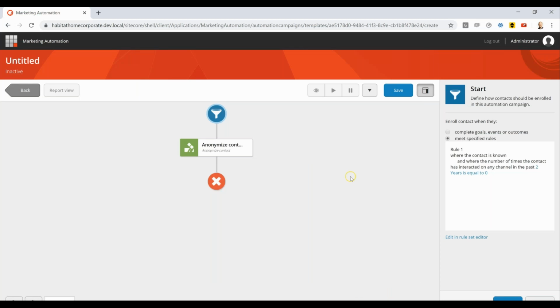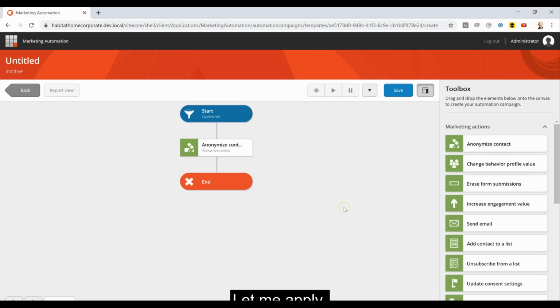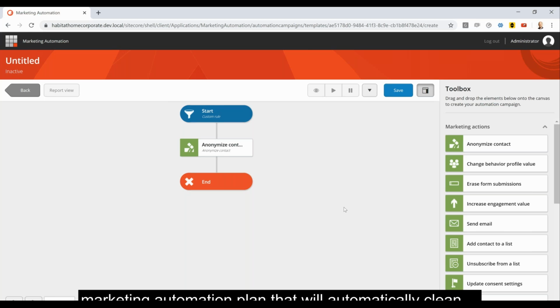Let me apply. Now we have a very simple and easy to use marketing automation plan that will automatically clean up the data, and it runs right away, and it does my cleanup continuously, and I never have to worry there's any data of people that stop interacting with me,